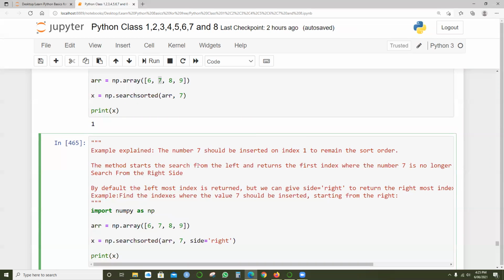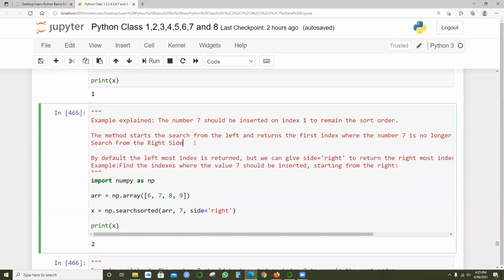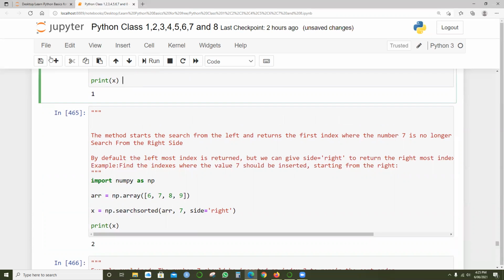Example explanation: the number 7 should be inserted in index 1 to remain in sort order. The method starts the search from the left and returns the first index where the number 7 is, and 7 is no longer searched from the right side. Let me put this as a comment underneath.